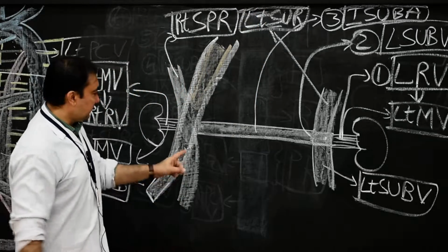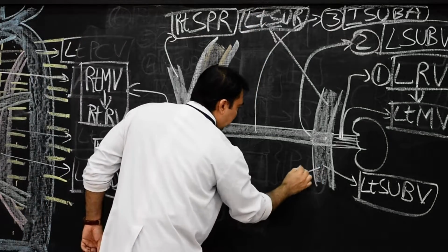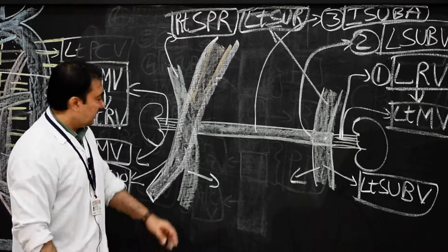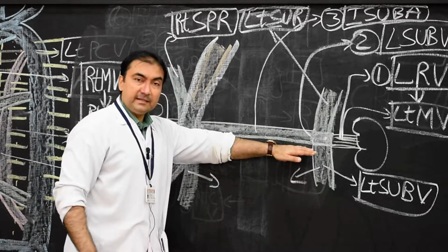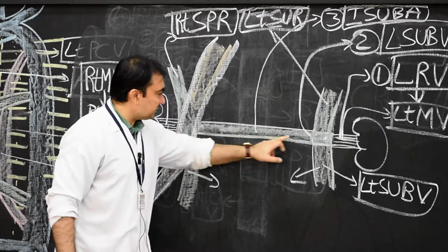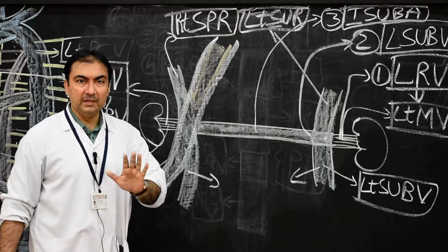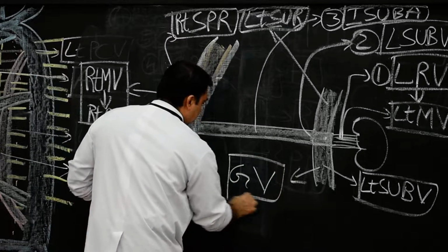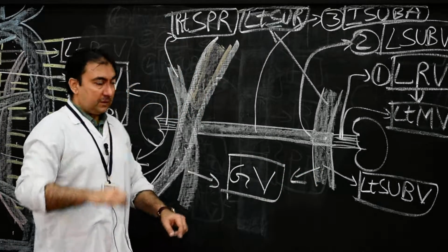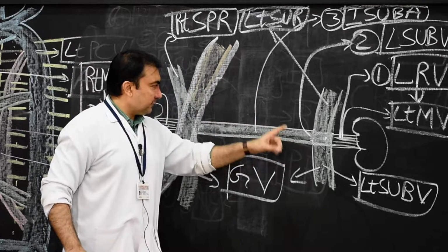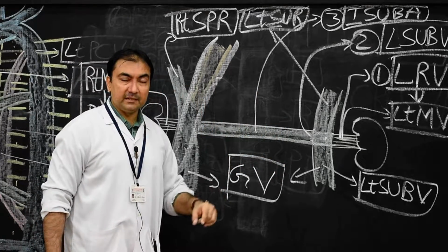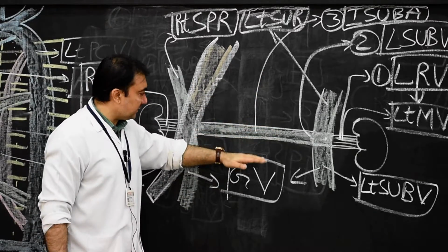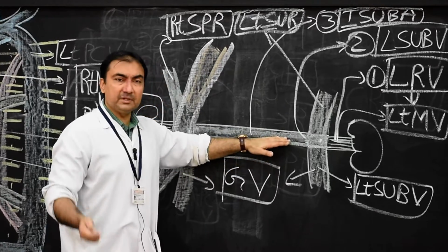What about gonadal veins? Very simple. Gonadal veins will develop from the right and left subcardinal veins, both gonadal veins, but from the caudal part of the right and left subcardinal vein, that is below the intersubcardinal anastomosis. Very simple. So here we will mention this as gonadal veins. Now remember right and left. Therefore, the suprarenal veins and gonadal veins are developed from the same respective right and left subcardinal veins, but suprarenal veins from the cephalic part above the intersubcardinal anastomosis and gonadal veins from the caudal part below the intersubcardinal anastomosis.